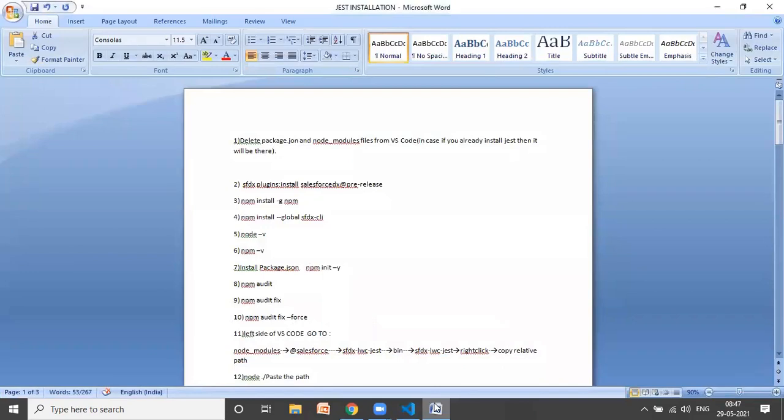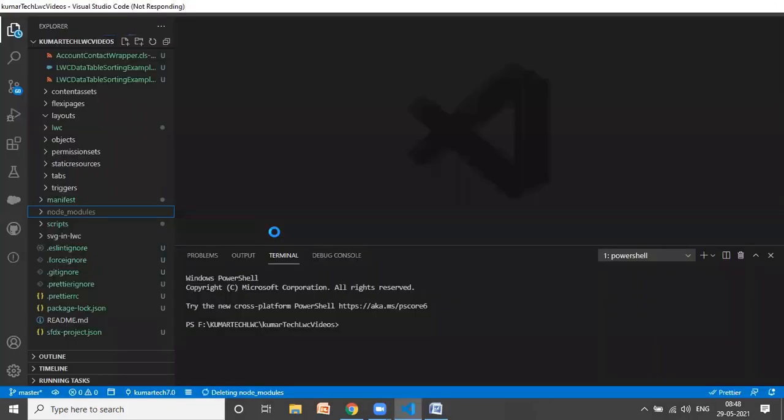Then the first thing, you need to always run these commands. Okay. These 4 to 5 commands. Now, before anything else, first you need to check which node version you have. It should be more than 10. Then only will the installation be easy on your system. So let me go and check my node version.